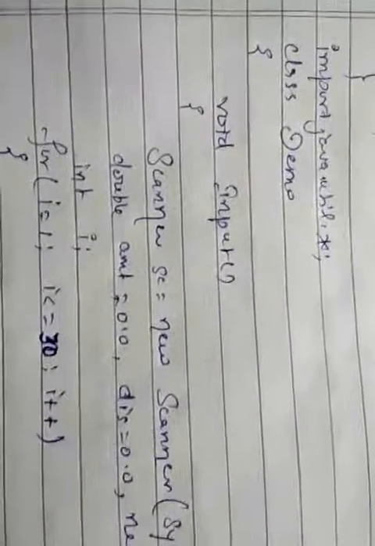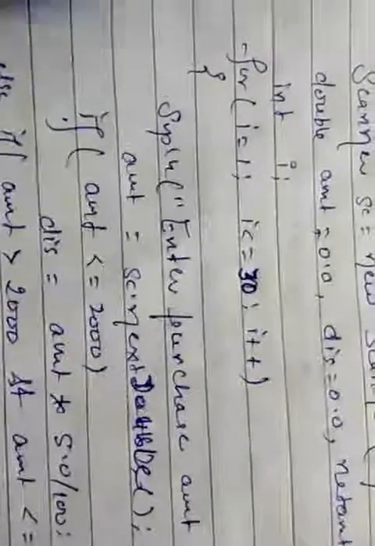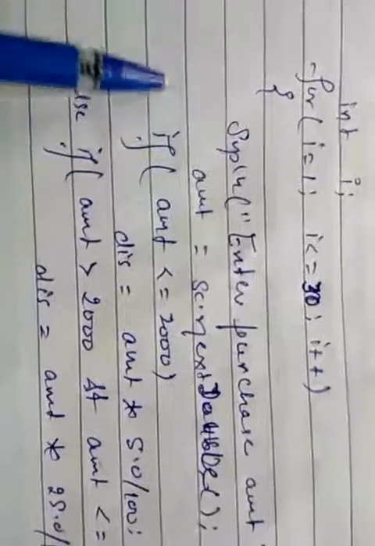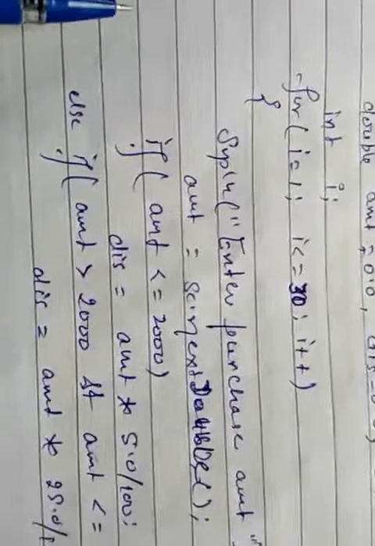Now this is the solution of question number 2. In this you have to input the purchase amount of 30 customers from the user and print the amount after discount for the 30 customers, what amount the customer should pay, and the range is given in the question according to the discount. This program will be completed with the help of the Scanner class, because we have to input the details of 30 customers.